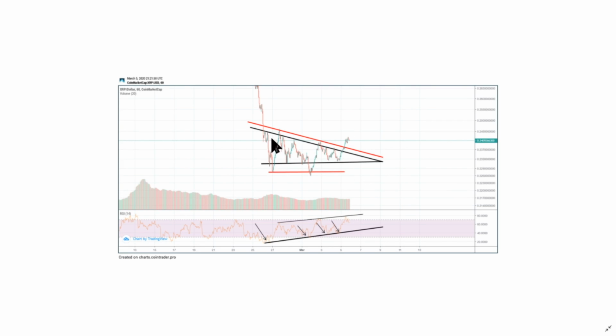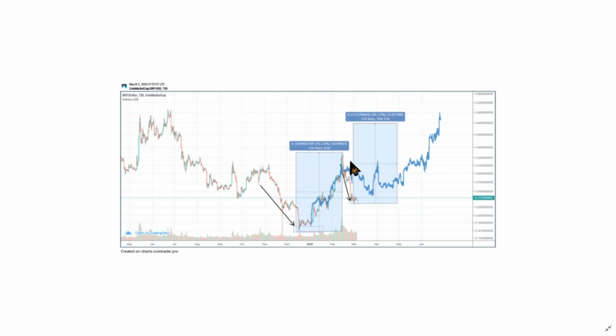Now these black lines are showing you the standard resistance support zones, and the red line is kind of the standard deviation through which it wicked out. Now we actually confirmed a breakout even above the resistance line and the standard deviation, so we can understand that so easily. Now if you look down in the RSI, you can actually see a reversal pattern. Now yes, this is a 60-minute chart, but still, if you look at the number of touches and the trend line support rising to the upside and the pattern forming, it is more or less a bullish pattern than ever.